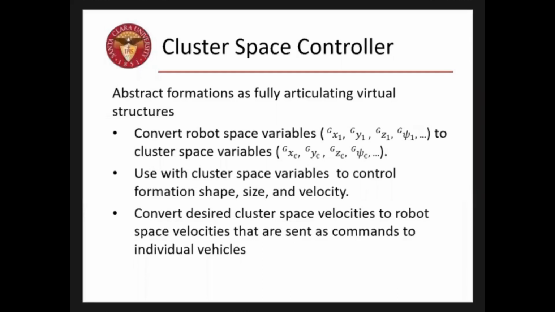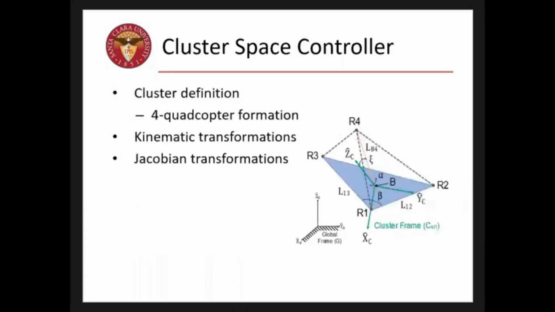velocity. In this work, we've used a proportional controller with static desired shape and size cluster variables, and estimated cluster space state variables by converting from robot space state variables to generate desired cluster space velocities. The desired cluster space velocities are then converted to robot space velocities that are sent as commands to the individual vehicles. For this work, we utilized a 4-robot